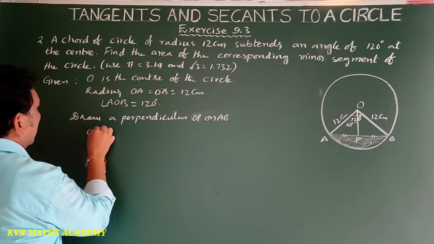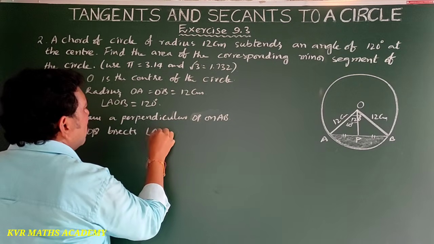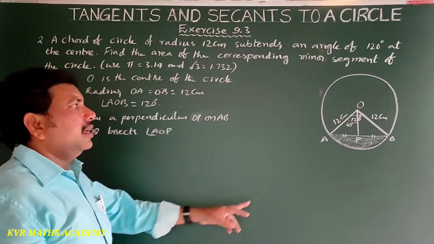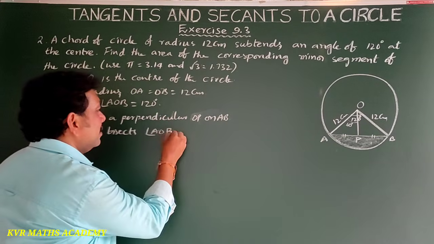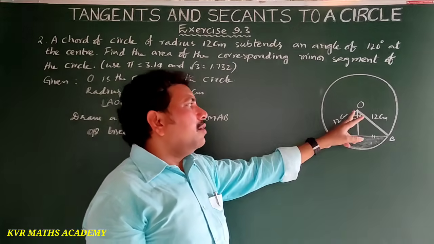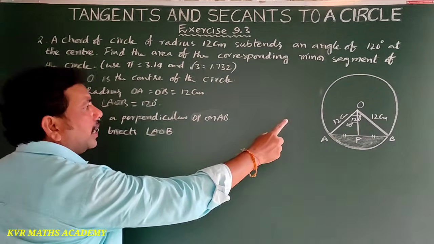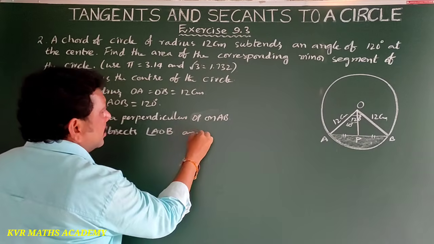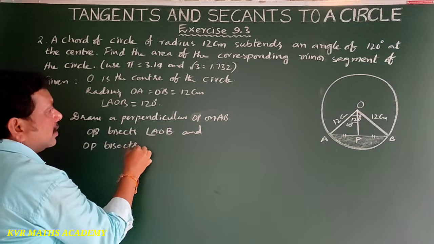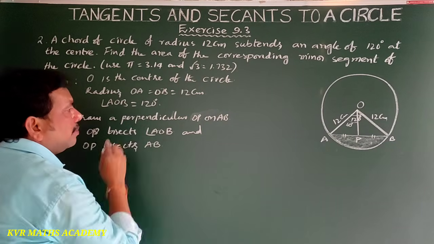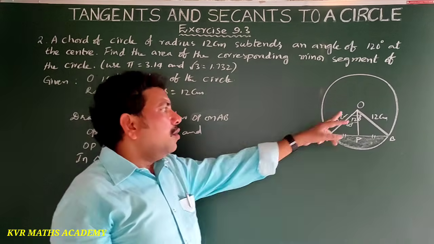OP bisects angle AOB, yes, this is B, right? And also OP bisects AB, isn't it? Yes. Look here in triangle, and that is also write down. OP bisects AB, right? So consider a triangle, in triangle OPA,